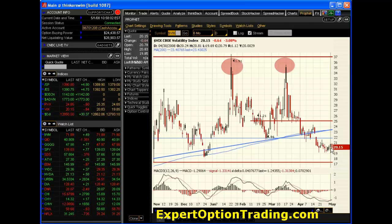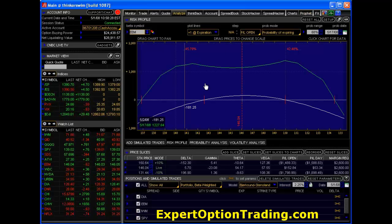I think if the VIX does lose some momentum here, we could drop down into the 18 level, 17 level, which going back here is right around the level that it hit back in November, and we may be in this range here again. And from then, who knows? But I think we're going to trade in this range for a while, which is very, very good for our position. Because if we trade in that range, we're just going to be sliding up and down the scale here,